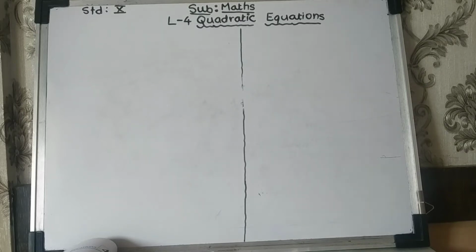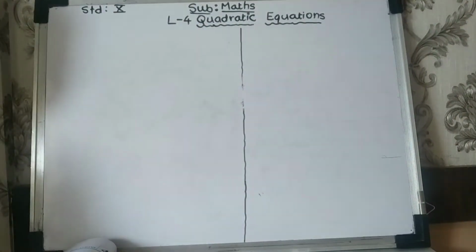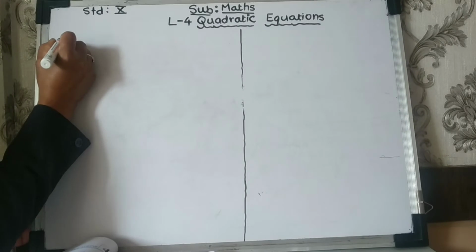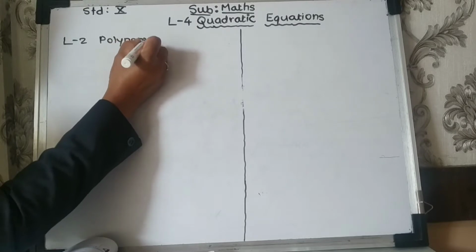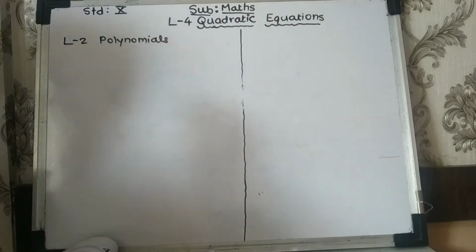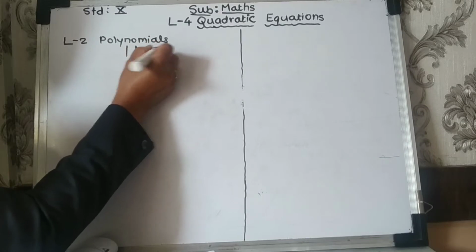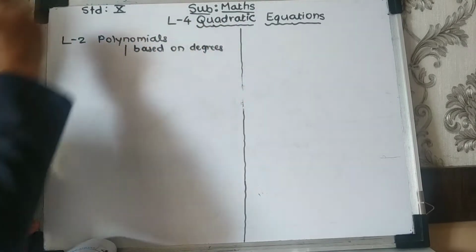Good morning students. Today we are going to start with the new lesson, lesson number 4, quadratic equations. Now tell me, this quadratic word, where do we see or study it? Yes, we have studied it in lesson number 2, polynomials, right? And these polynomials we have seen are of different types, right? So these polynomials are categorized based on what? Degrees. Based on degrees. We have seen based on terms also, but now we will just revise